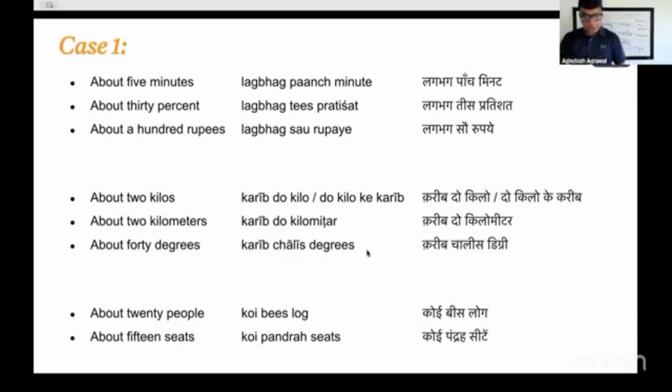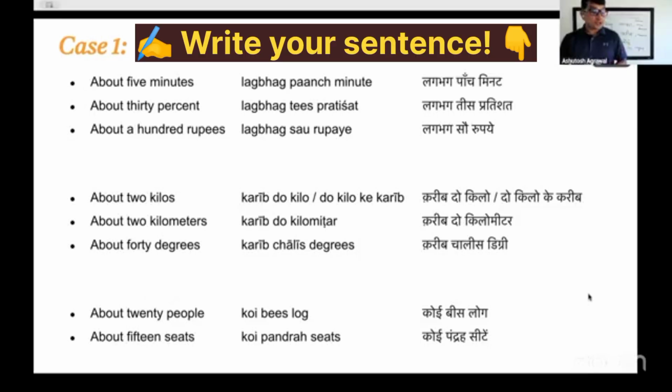Okay, let's do the last one. I asked you to say there were about 20 seats empty in the bus. You can say empty थी or खाली थी. Okay, so I'm going to write it down.